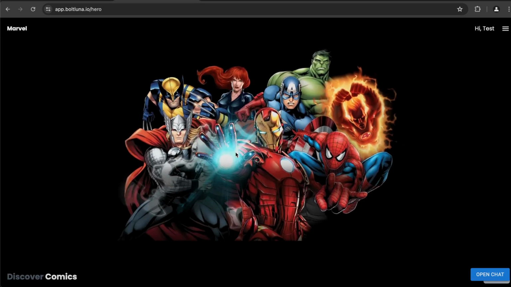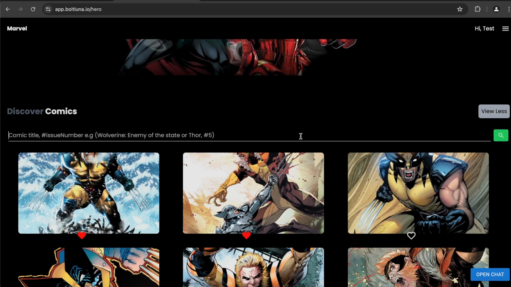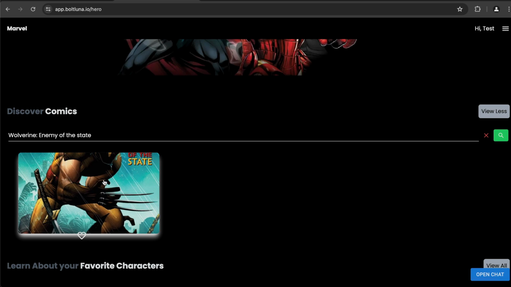when you come back to the application, if you scroll down to comics and you hit view all, as you can see, you can search with either the comic title and/or the issue number. So for example, we can say Wolverine, enemy of the state. Here we go. So we have this Wolverine, enemy of the state, or we can also have